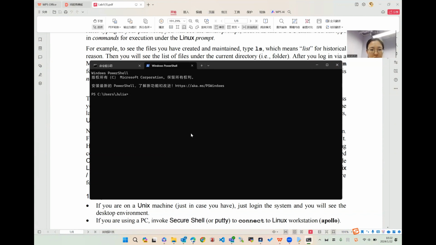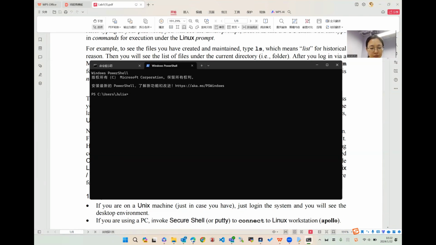In this interface, you need to input SSH to connect with the account you want to log in. For example, you can use this command in the computers in these labs to log in to the Linux systems. But if you are using a personal PC, it is a Windows-based system, you should, just like me,